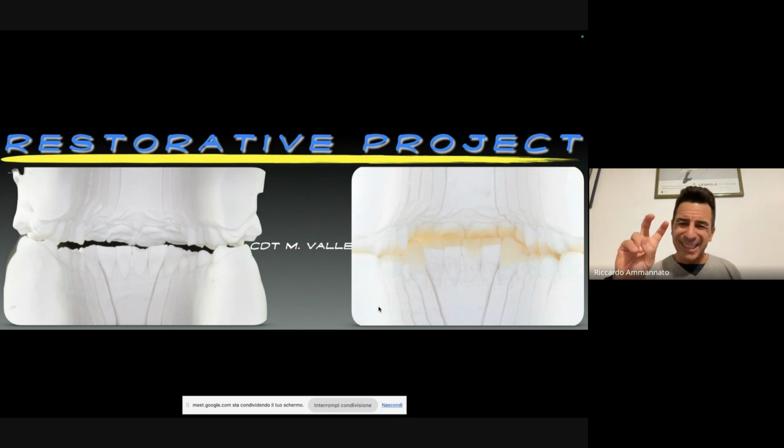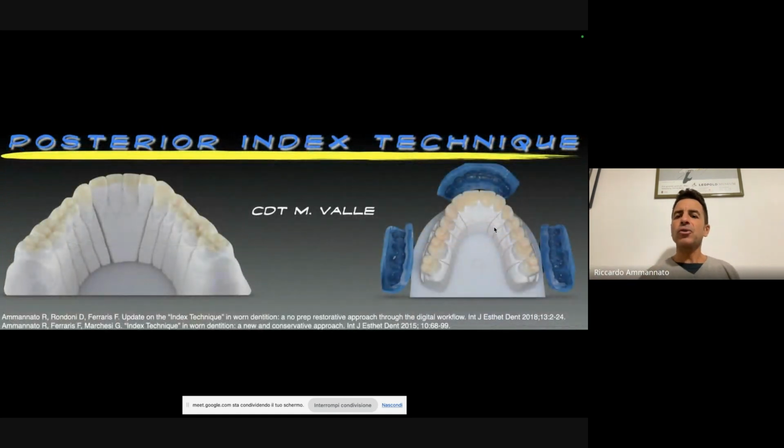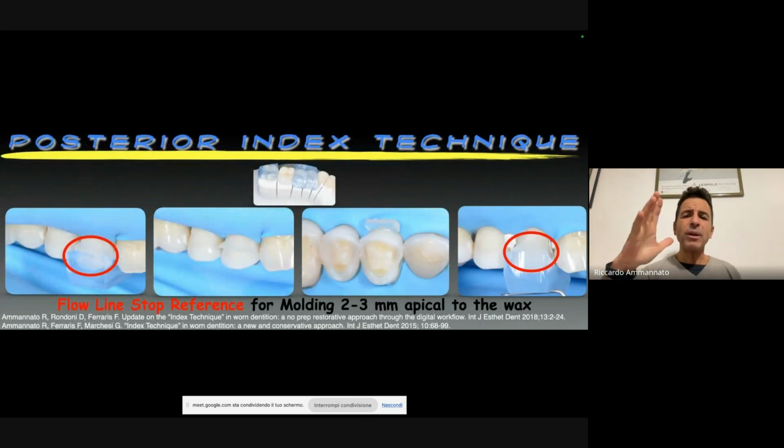And you see it from the technician's perspective, and this is the project, via WhatsApp, because this is full analog. Usually the technician delivers to the clinic the indexes. I have indexes that are full for each sextant, upper and lower, because I'm going to use them as they are, as you see them here, to do the mock-ups, to do the provisionals, to test the static, the dynamic, the function, the phonetics, and everything, like we do in regular prosthodontics. Then when we have done all the test drive and we are okay, we place our definitive restoration.